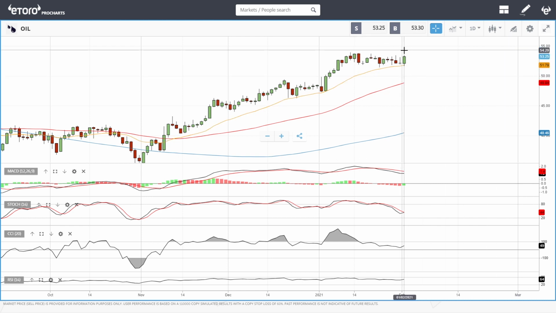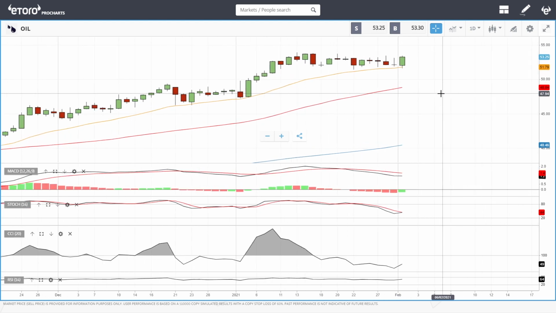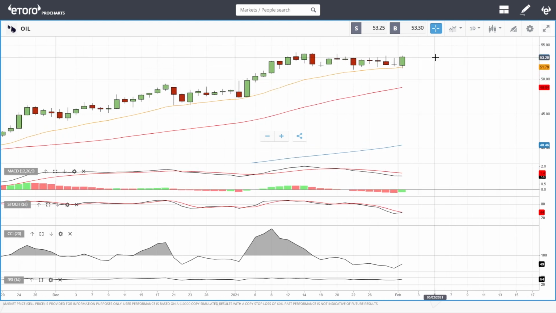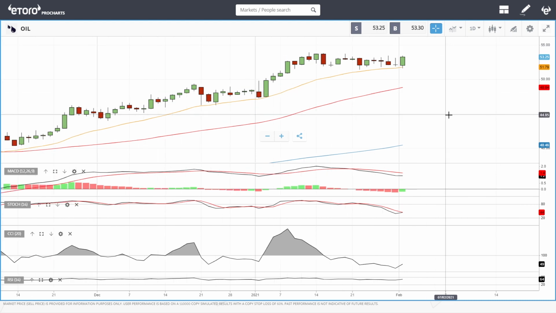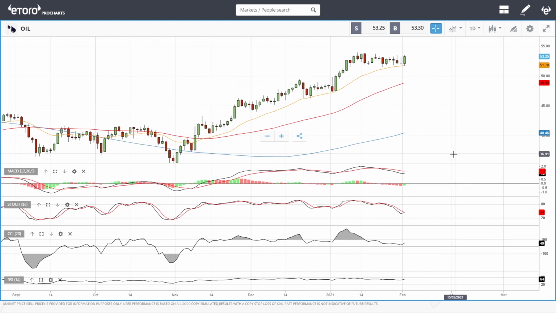This was fairly rare due to the fact that the US dollar was appreciating at the same time as this was rallying. Usually the US dollar has major effects on oil, but at this point, that did not happen here. We rallied above 3%. We're trading at $53.25, and we are most likely going to head towards 55. So yes, a very good day for WTI oil.